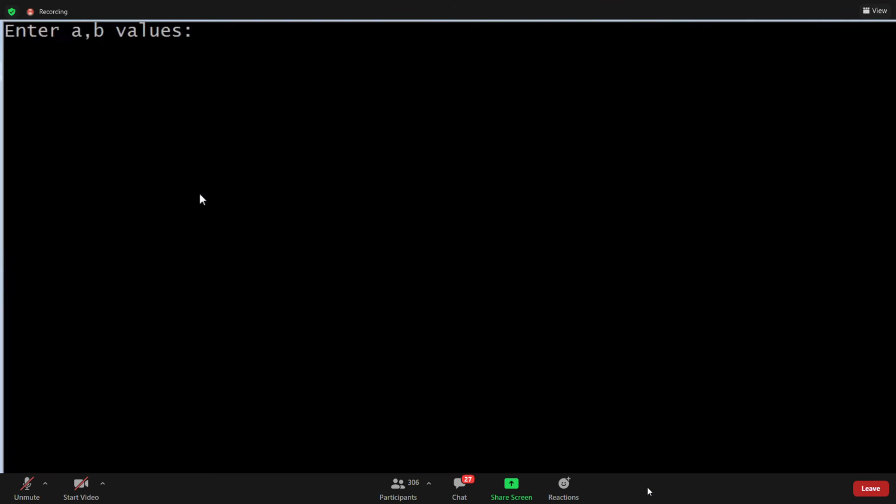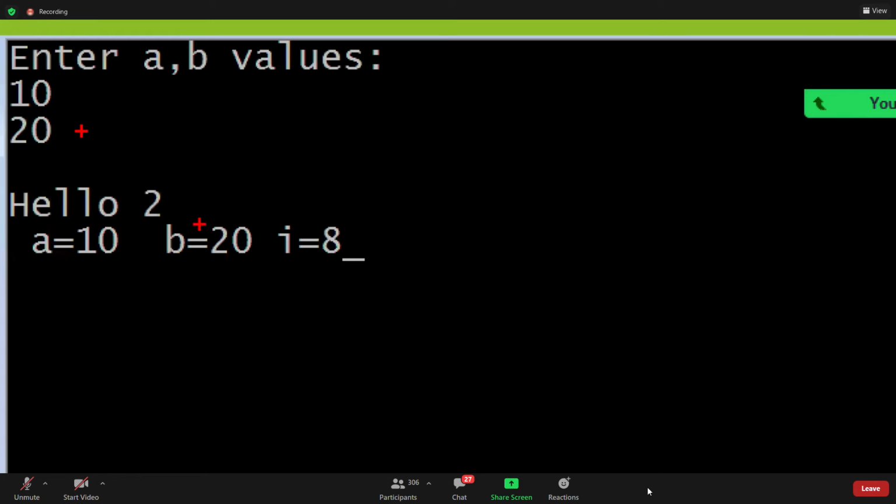Once I enter A and B values, I enter 10, 20. Now see this. Hello space 2. I is 8. Why 8? Hello space 2, what is hello space 2? 7 characters.